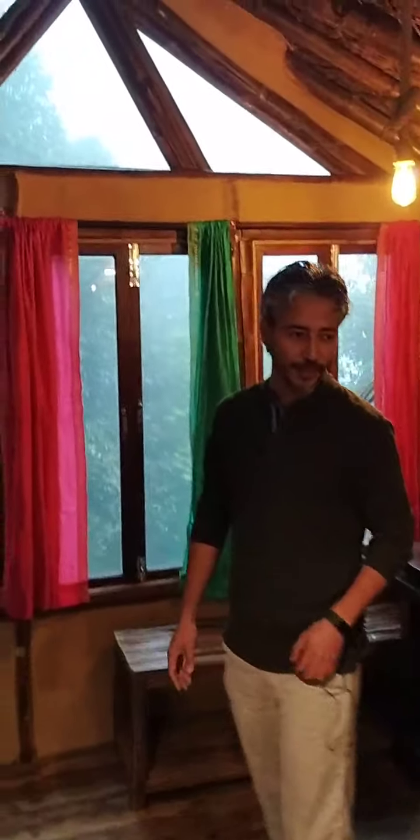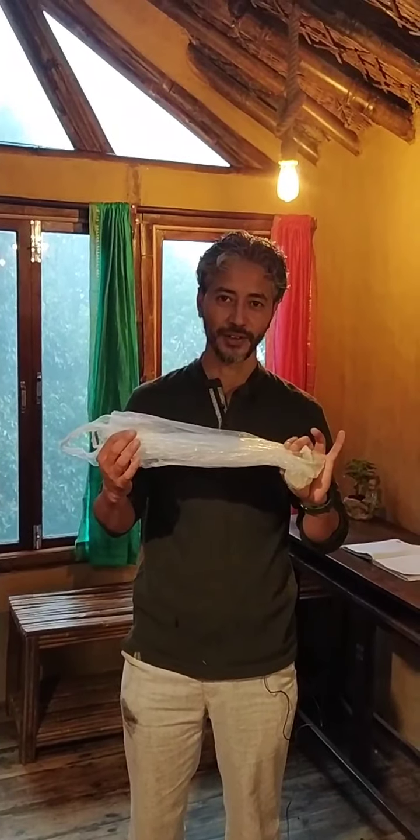Now, similarly, if you look at it, the whole industry has taken us for a ride, because we tend to think that there are certain materials that have come in as a replacement. This is a very interesting thing, because we are made to feel that we are choosing a much more environmentally friendly option, but we aren't. In the plastic argument, usually you talk about plastic bags. We think plastic bags are the only problem. So when you're talking about bans, what gets the entire focus is a ban on plastic bags, right? But